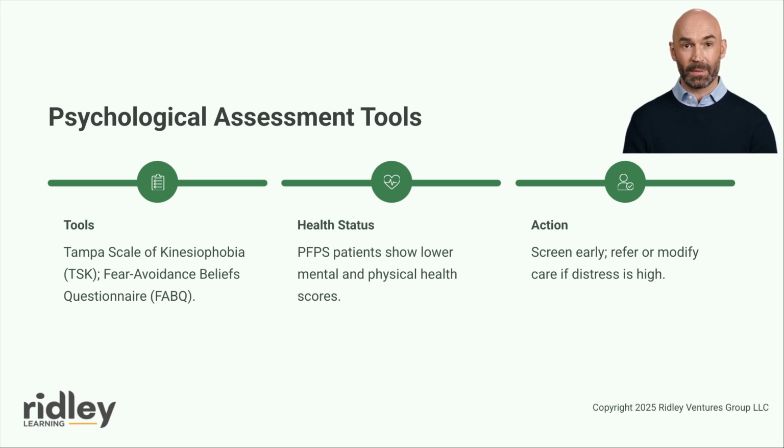These associations may reflect bidirectional relationships, wherein chronic pain negatively impacts mental health while psychological distress amplifies pain perception and disability. The clinical implications of these findings extend beyond recognition to active intervention. Patients presenting with significant psychological distress may benefit from referral to mental health professionals or integration of psychologically informed approaches